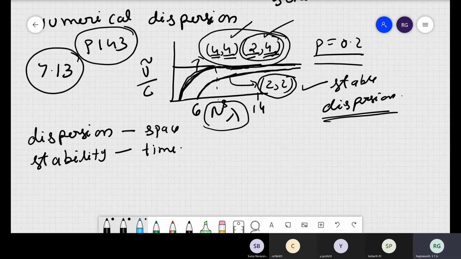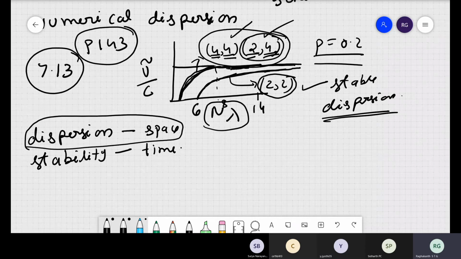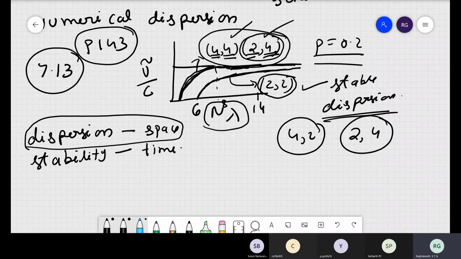So what it says is, in time it doesn't matter. You can go with second order accuracy in time, but in space, if you increase the order, then you can avoid this dispersion. This is the most important thing. Now suppose in time you take 4,2. Is 4,2 better or 2,4 better? 2,4 is better. Why? Because dispersion is less in 2,4. No, dispersion is more in 4,2. You followed, right? Not less.